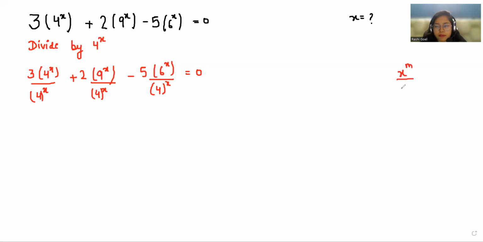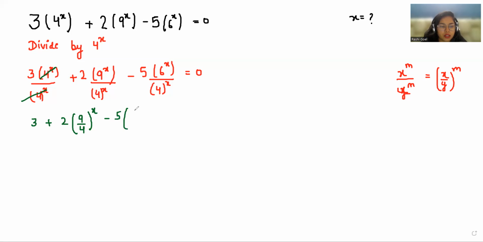Now, according to the quotient rule of exponent, x power m by y power m, we can write it as x over y whole power m. So I'm going to use it. So first we eliminate this, so only 3 is left, plus 2 in bracket, we can write it as 9 by 4 whole power x minus 5, 6 by 4 whole power x